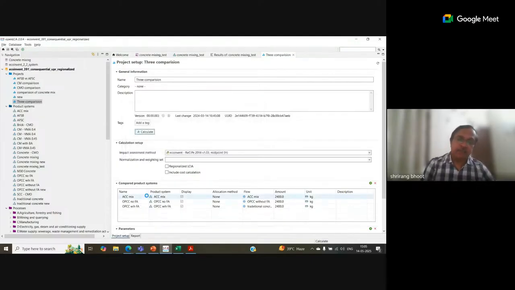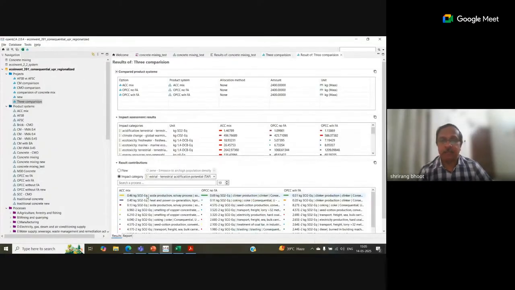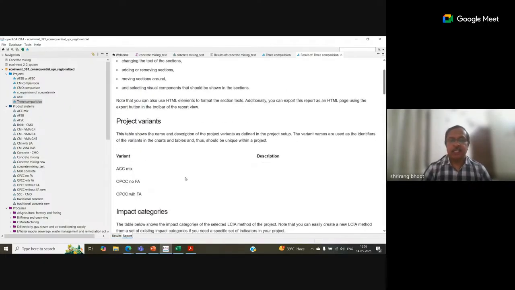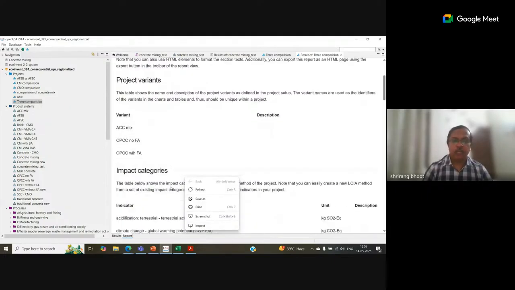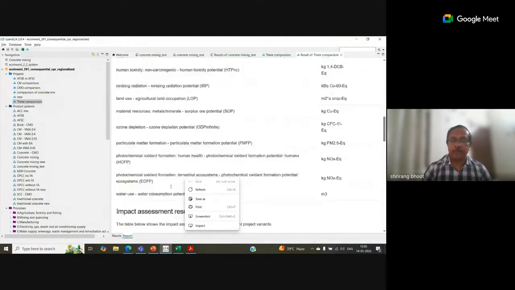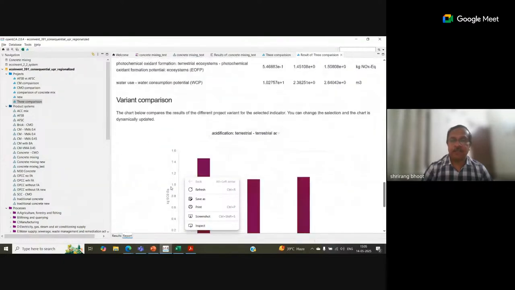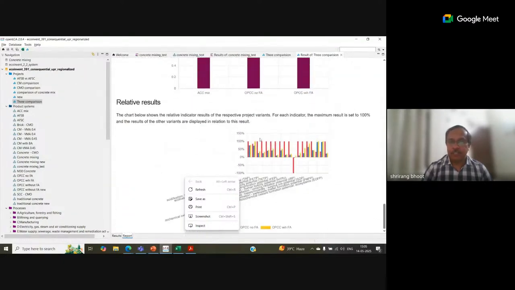of mixes I have compared, and then you get the values for all these three different kind of mixes which I have analyzed. And then if you click on the report, then you get this kind of a report with all the values and the graph. So this is the relative graph compared for all the three products.